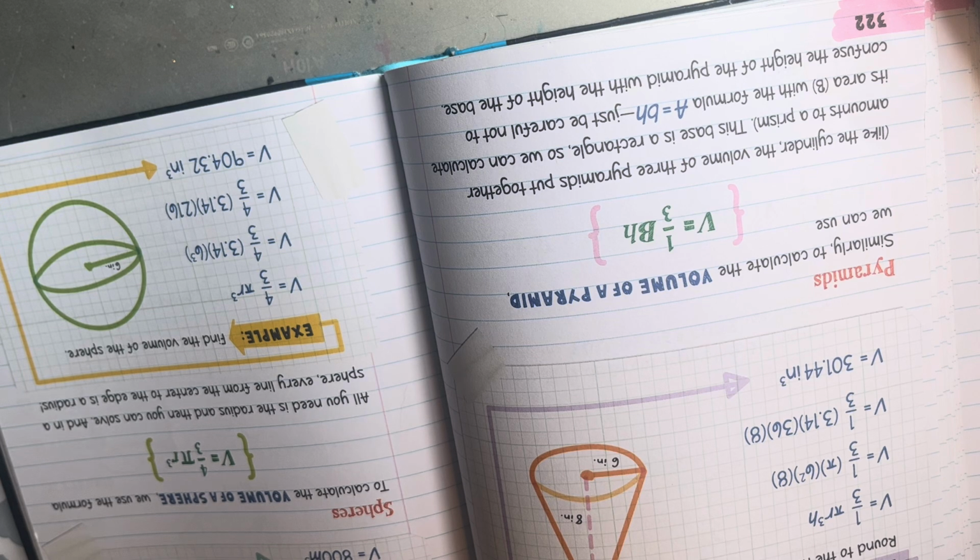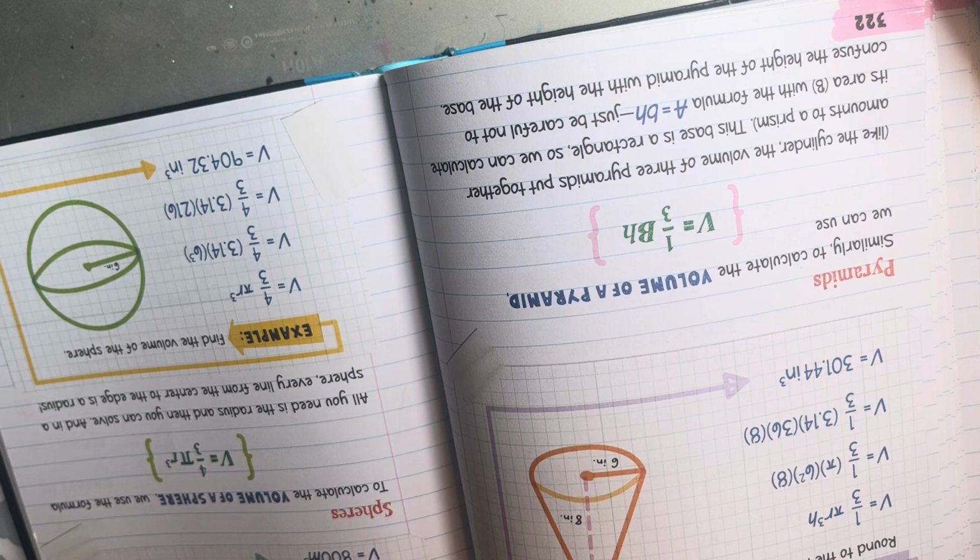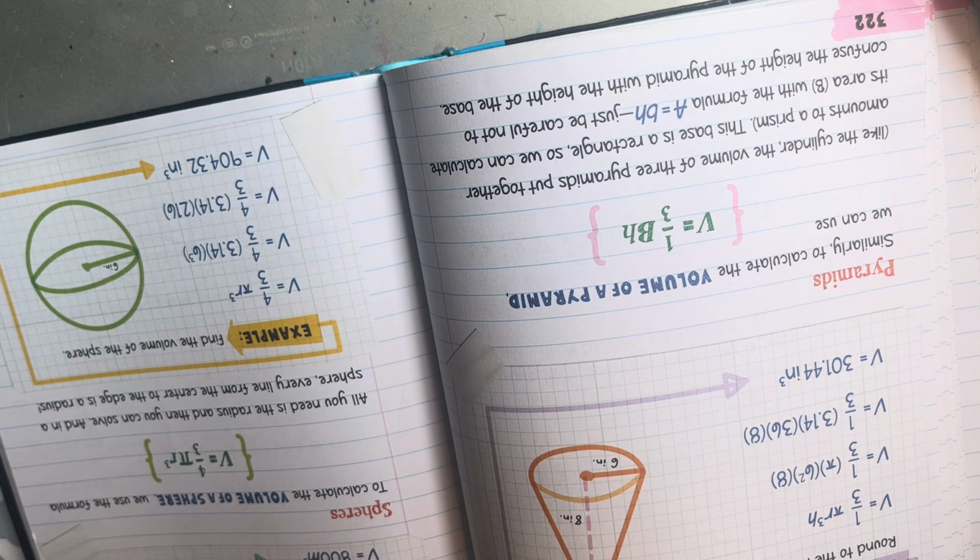So V equals 1/3 times (pi) times (6 to the power of 2) times 8, which is V equals 1/3 (3.14) times (36) times 8. So V equals 301.44